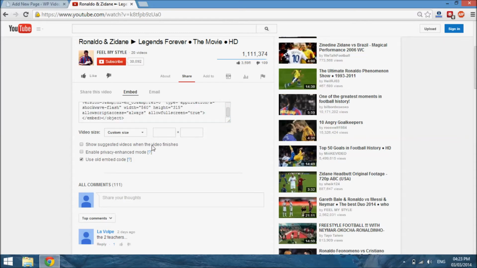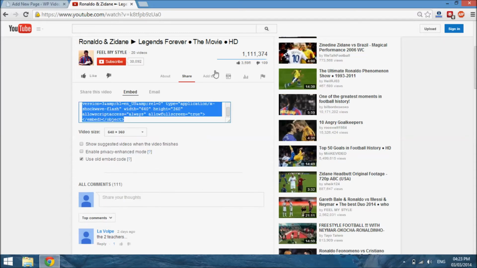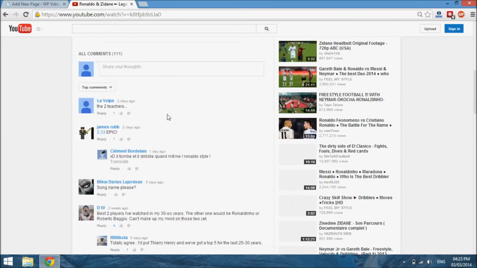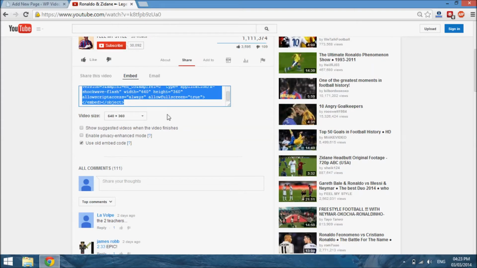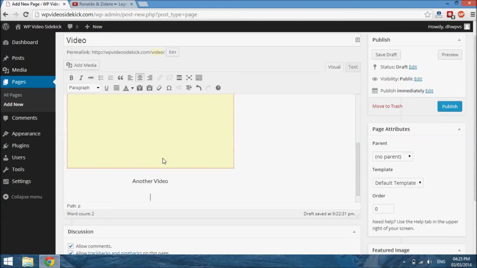And you know what, let me select a bigger size video just so you can see the difference. What happens with the HTML code is that you can, from this code, manipulate it to do additional things like make the video autoplay and so on and so forth. So now that we have this code, we can go back over to our site, and again we have to